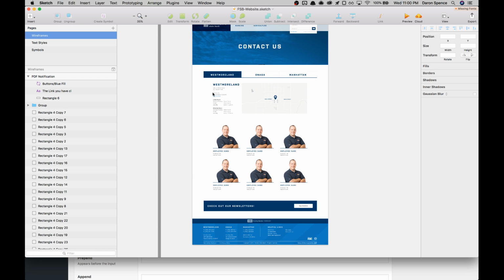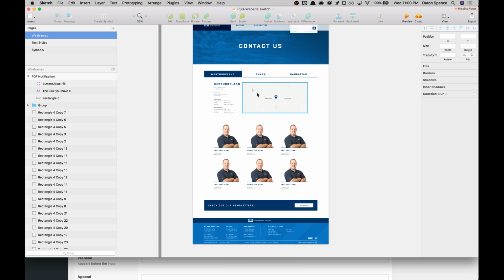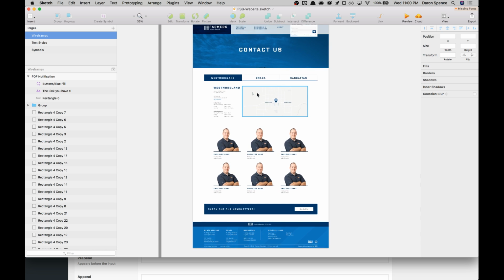Alternatively, we can just make one big repeater field, basically, that each location has all this information associated with it, and the map, as well as the employees, as like a nested repeater. And that would work as well. I don't know how much I like that, but